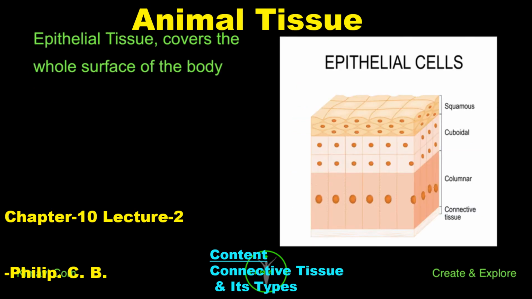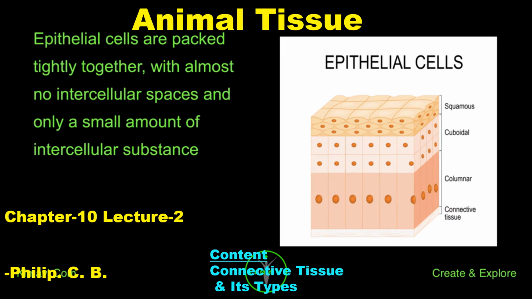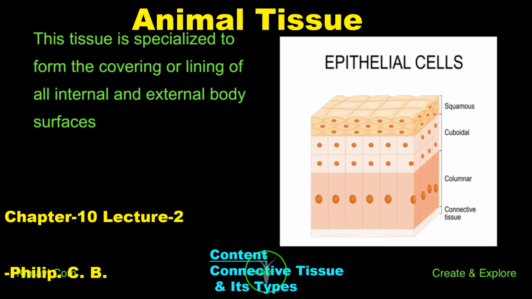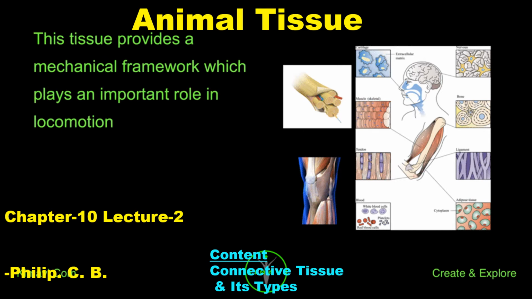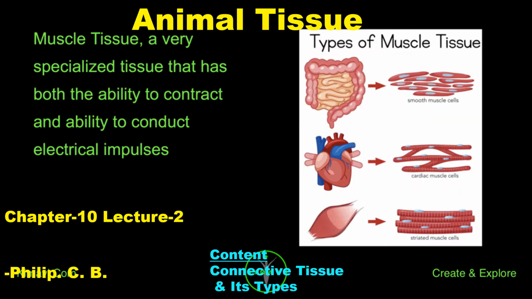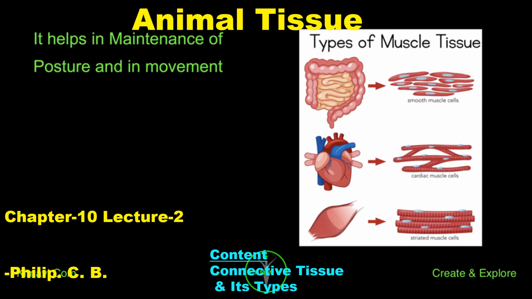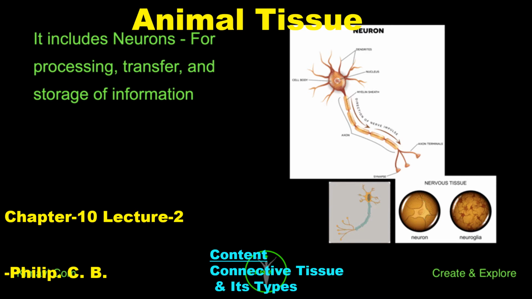So in short, we can see the entire chapter in the first slide, right from the epithelial tissue, which helps in packaging, so a little bit of intercellular spaces, and their different types. And today we are going to learn in detail about the connective tissue, about the bones, muscles, cartilage, etc. and their types. And muscles, which we learn in the next part, where smooth muscle, cardiac muscle, striated muscles are there, along with the nervous tissue. Okay.